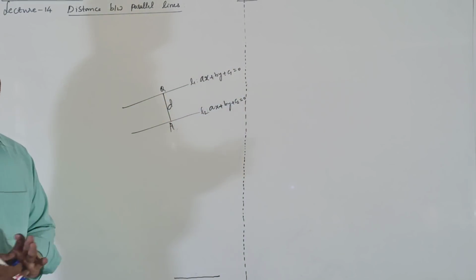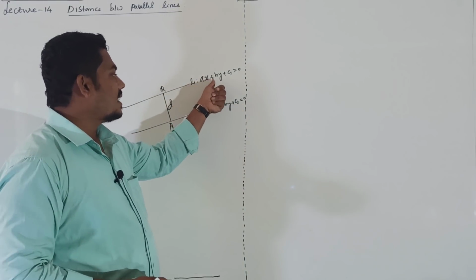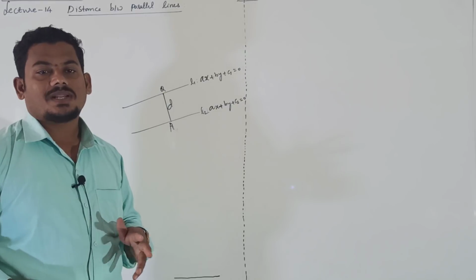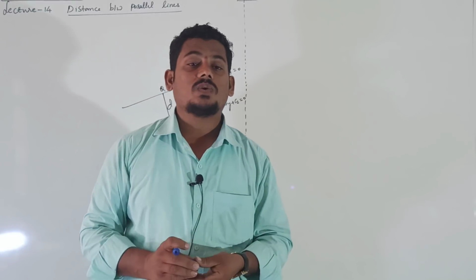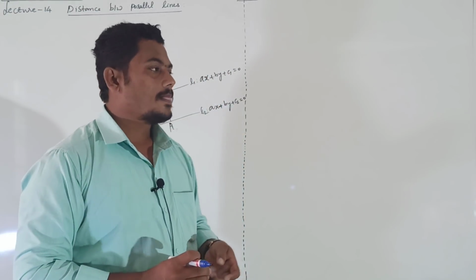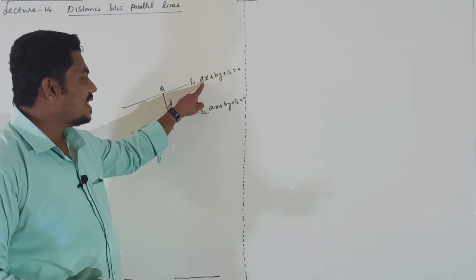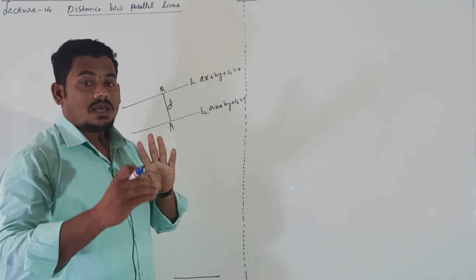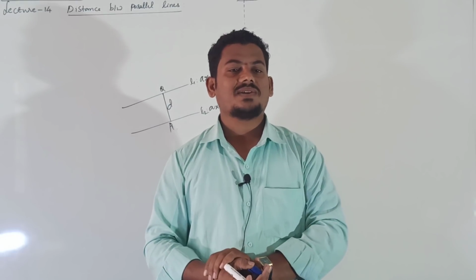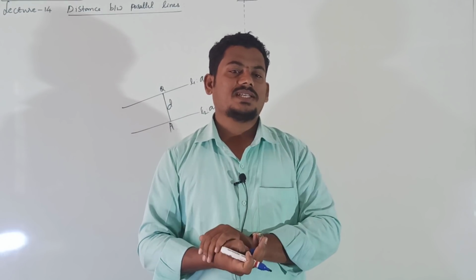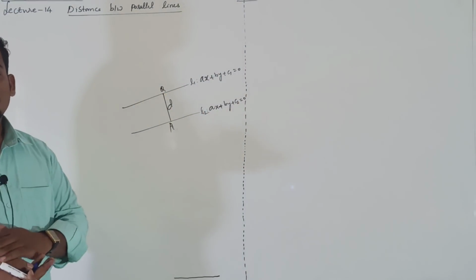When two lines are parallel, corresponding coefficients must be equal. Coefficients of x and y should be equal, then only the given two lines represent parallel straight lines, right? Ax plus By plus C1 equal to 0. Clearly here it is A, B. Two lines are parallel when coefficients are equal. Coefficients of x and y are equal, right? This is a very important thing you should remember, right? Or else they may be proportional, right?